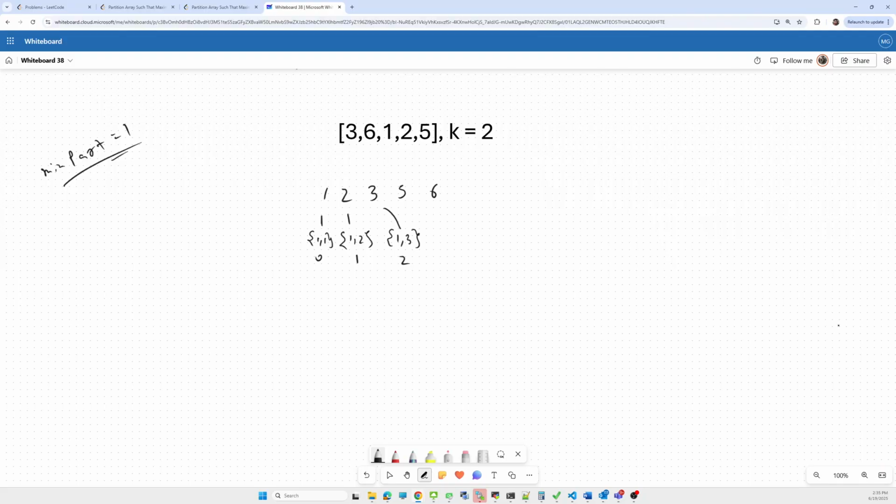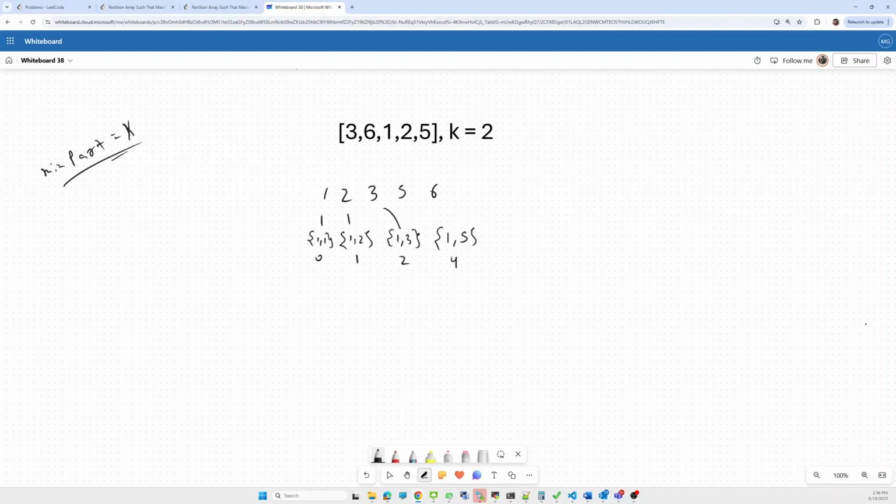Till now we are okay, but if we include the 5, so 1 and 5, the minimum element will be 1 and the maximum will become 5. So the difference will be 4, which is greater than k. Now we have to split this partition into two parts.